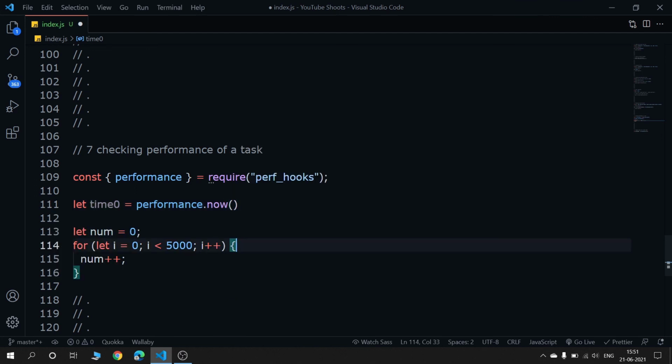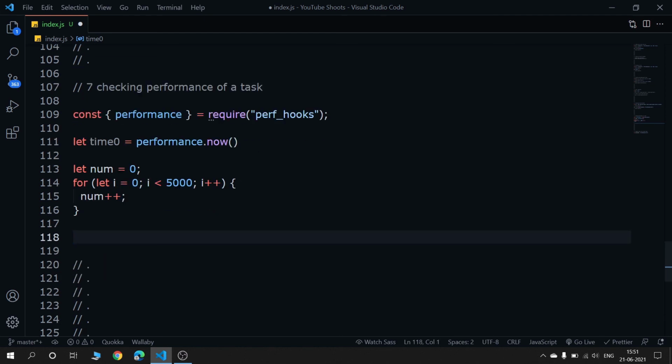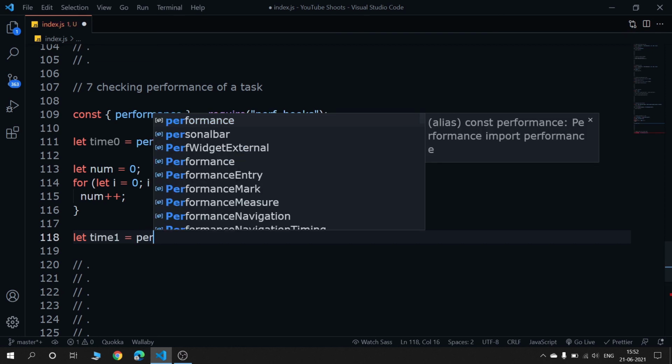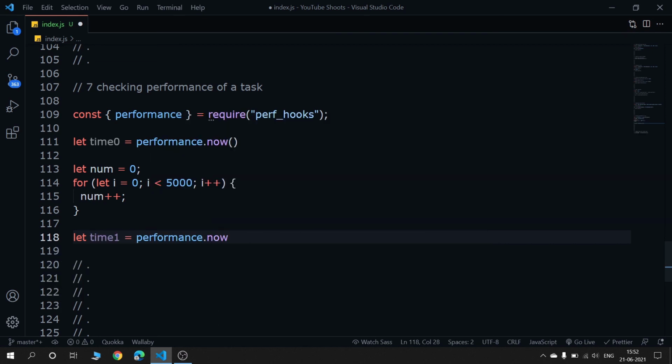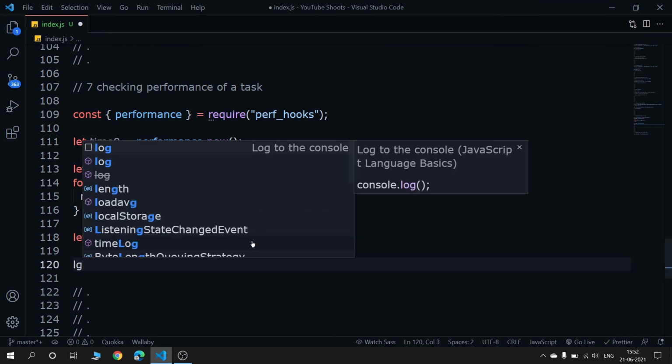Now this is a function which takes this timestamp. And after this function we need to take another timestamp. So let me just copy this. No, copying will just remove that node index and I would need to type that again and again, so I'm just not doing that. So I'm just simply saying time1 equals performance.now. Now this is it. With the subtraction between these two things, we can find out the time. So we just need to use our log,